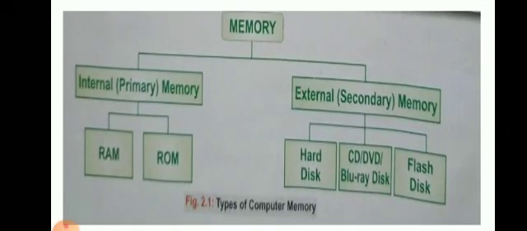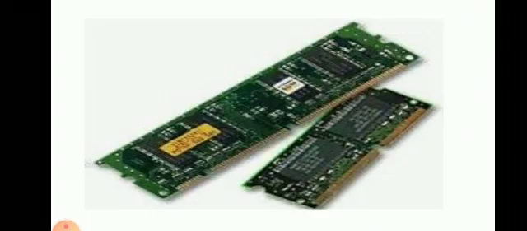And one more thing, children, primary memory is considered as two types, as I said, RAM and ROM. The full form of RAM is random access memory and ROM is read only memory. This one you can see is called RAM, random access memory. It is mainly used to store a set of data temporarily, and it works like a blackboard that can be overwritten with new data. Means you can write a set of new data and store it for a temporary purpose. Clear, children?